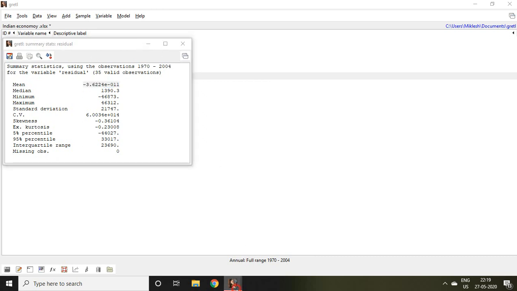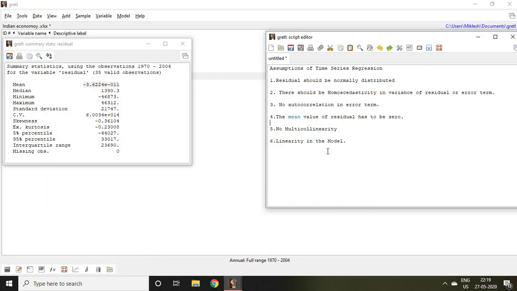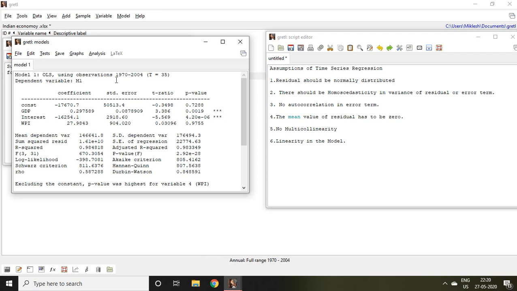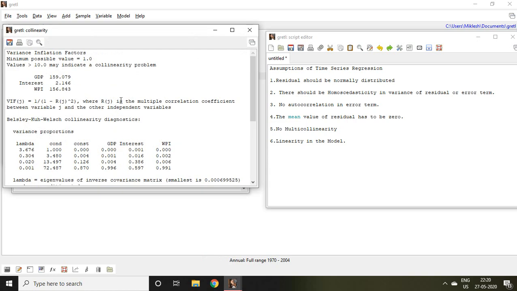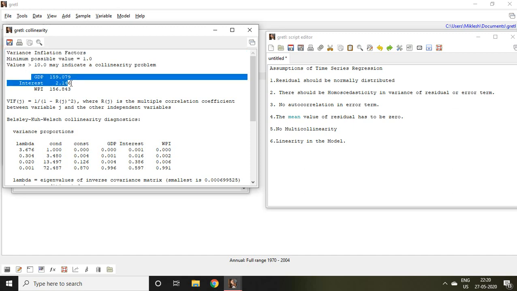Let's talk about another assumption, and this assumption is no multicollinearity. It means no multicollinearity among independent variables. For that, again I go to my regression model, click on Analysis, and find Collinearity. Then we find the variance inflation factor. So these are my independent variables.